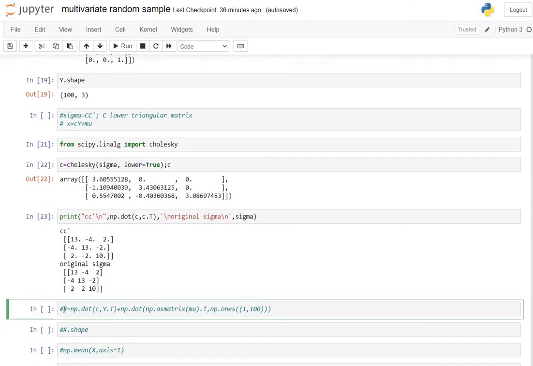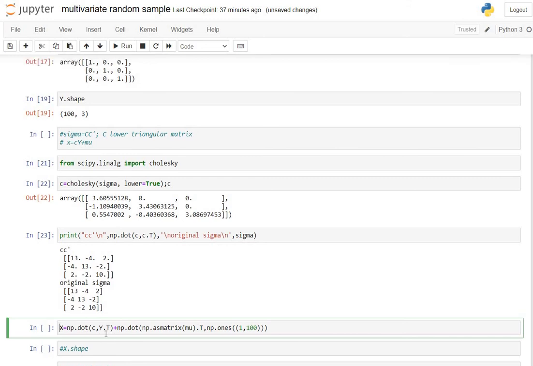So now let's transform this Y matrix of random samples from normal zero identity to normal mu sigma. For that we have to do C into Y, so np.dot of C into Y. Here we have to consider Y transpose, because C is a 3x3 matrix and Y is 100x3. So this is C into Y and now plus mu.